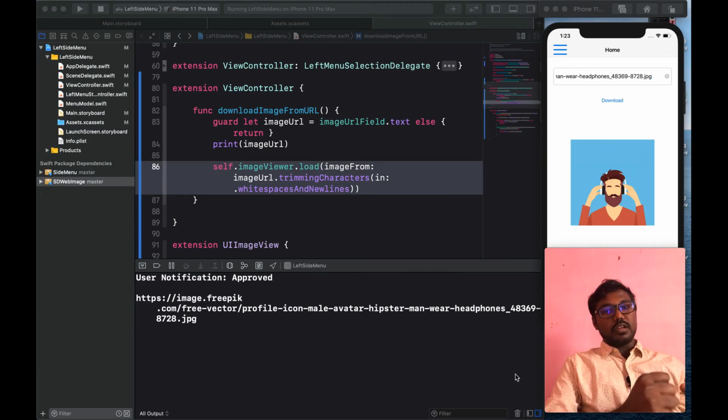We can download five or six images at the same time and preview them in their image views, saving them to the local disk, using this optimized SDWebImage function. I am giving a simple example, and we can use it wherever we need.